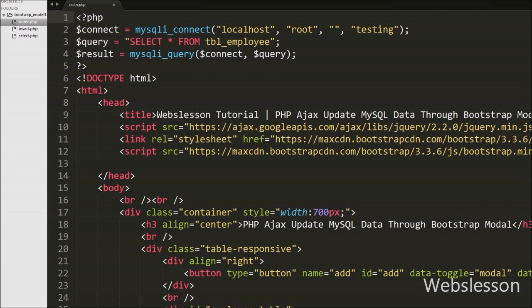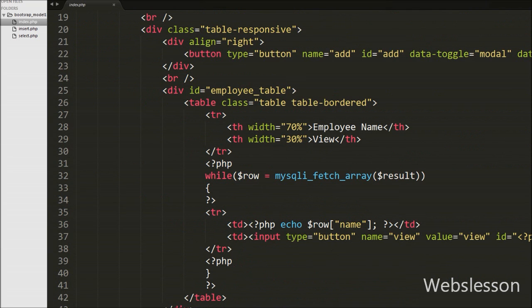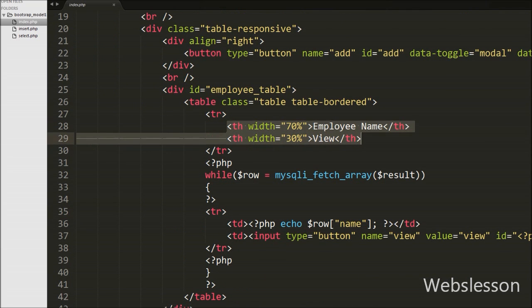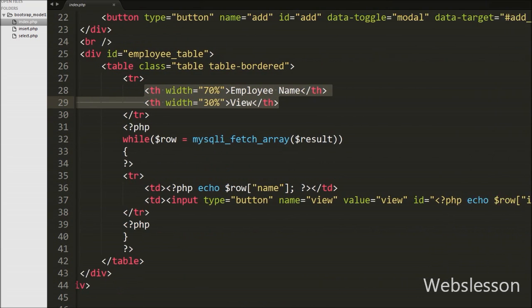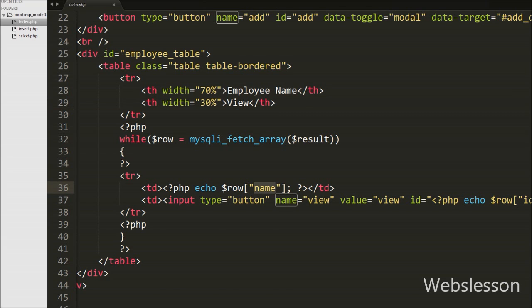This is our index.php page, and on this page in the previous video we fetched employee data in an HTML table with two columns: employee name and view. In the employee name column we display the name of the employee, and in the view column we created a view button. When we click on this view button, we can show all information of the employee in a Bootstrap Modal, and